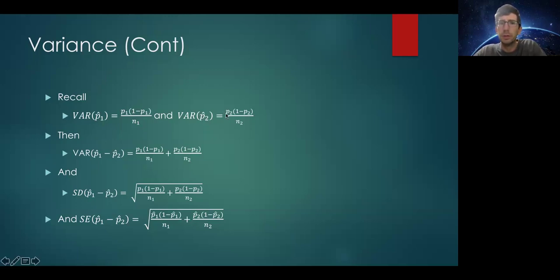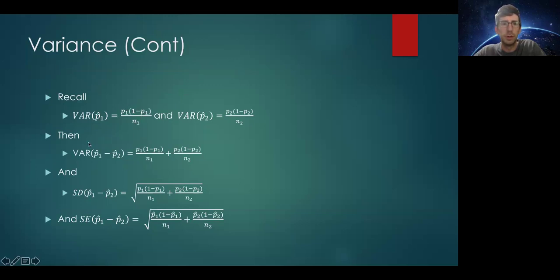P hat 2 is basically equal to the same thing, but now we need a second population proportion, 1 minus that second population proportion, P2, over our second sample size, right? So the structure of the formula is exactly the same, but it's just a difference of what we're plugging in, right? So for p hat 1, we're going to plug in the corresponding population proportion 1, P1,